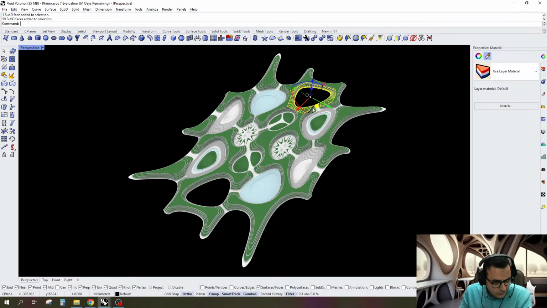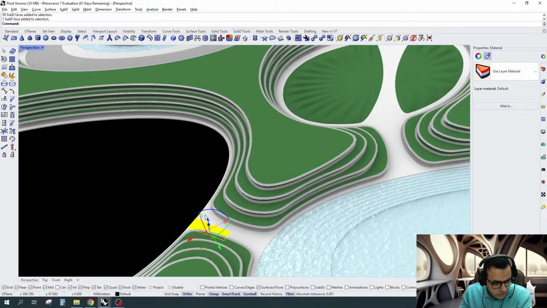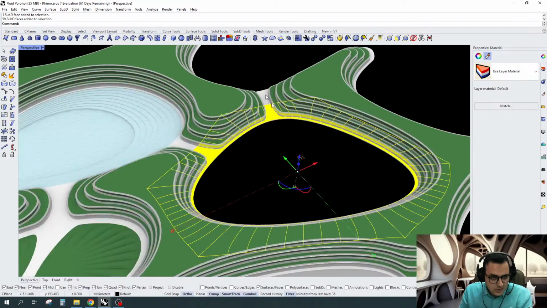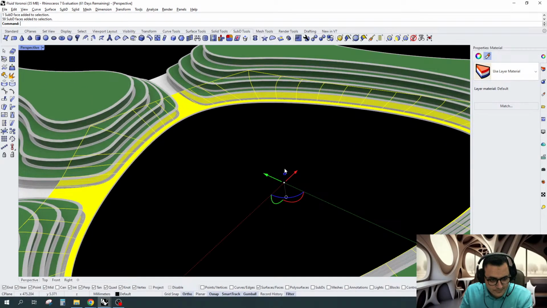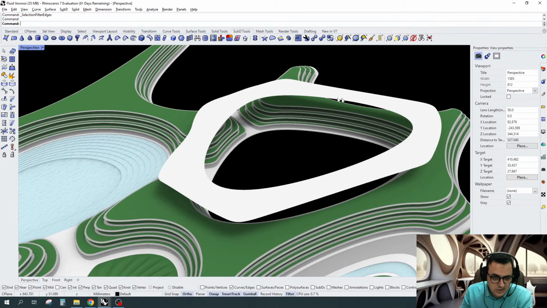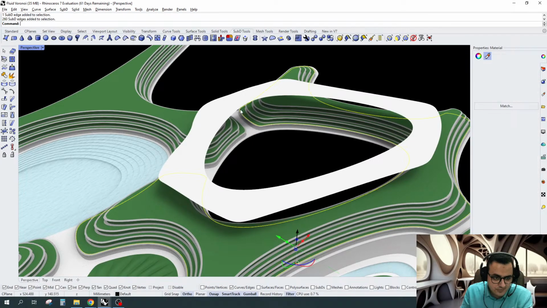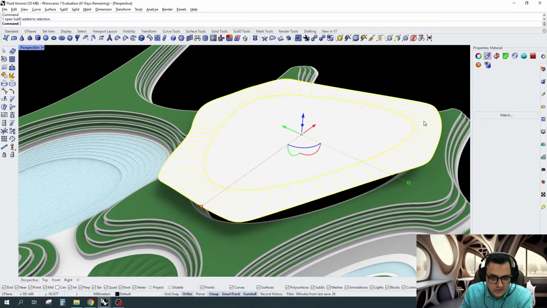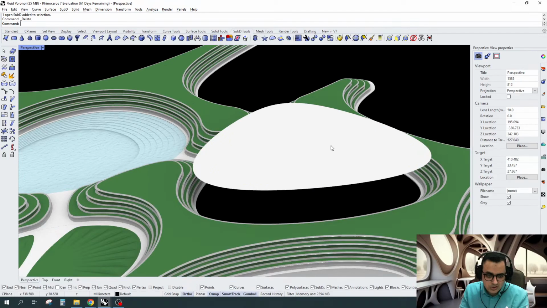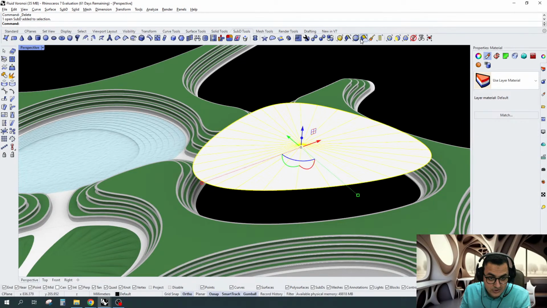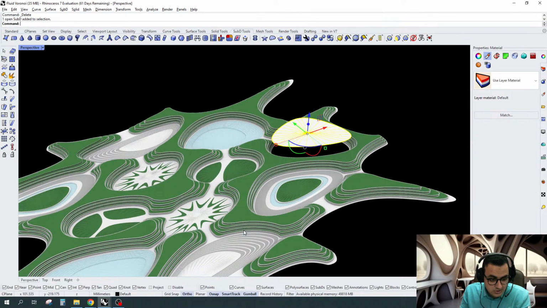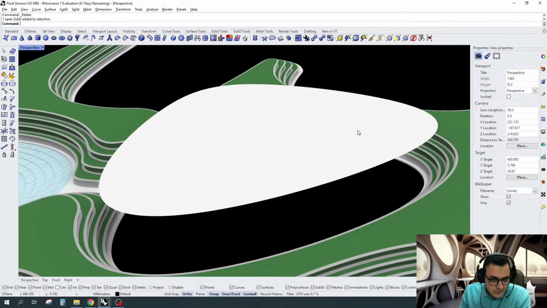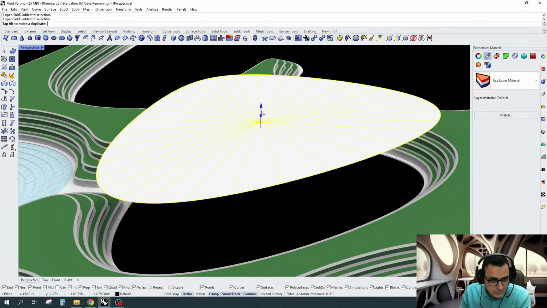Or the other one. Actually, let's create this one. Okay. So now let's copy another 50 up, and again another fill sub-D hole, and extract it and delete the outside. And after that, let's do the same process that we did almost here, but this one is a little bit different. So let's see, let's extrude,